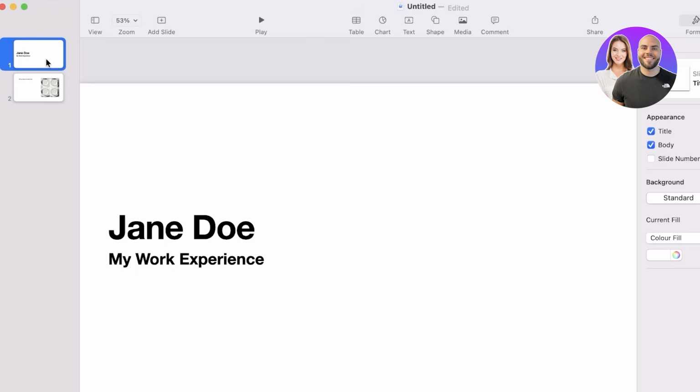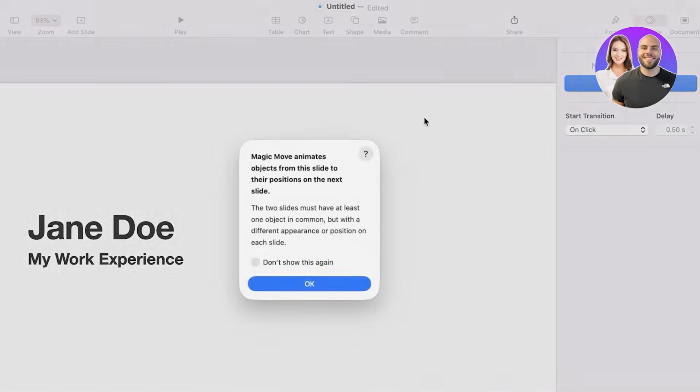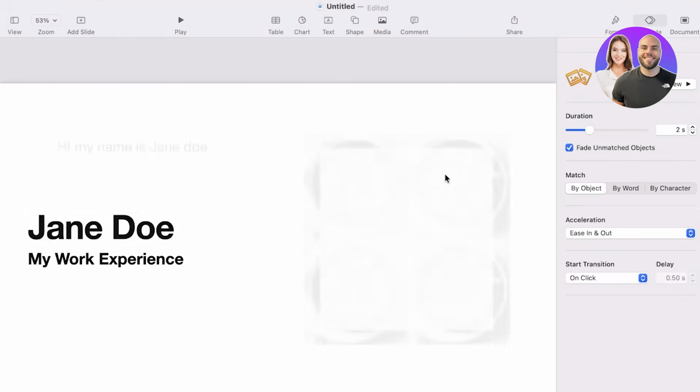Or if you want to animate the slide itself, just click on the slide on the left, click on animate, click on effect, and then you can add this effect like so. And this is what the effect is going to look like. It's going to show me a preview of the effect as well, how I want the duration to be, the matching I want, the acceleration that I want, and the start transition. So overall, this is going to be a very seamless experience when you're building presentations, your slides, or anything with